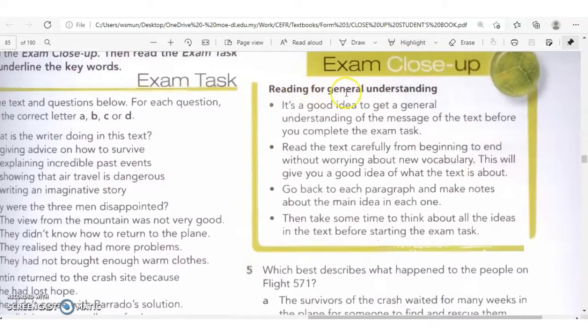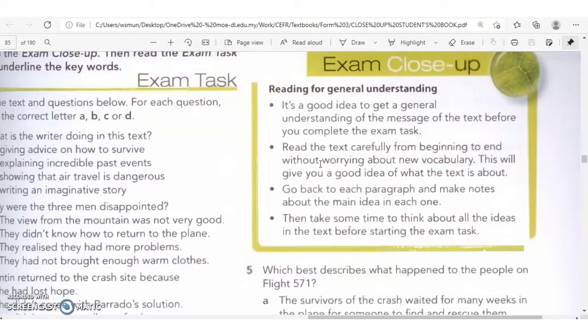Reading for general understanding. It's a good idea to get a general understanding of the message of the text before you complete the exam task. Read the text carefully from beginning to end without worrying about new vocabulary. This will give you a good idea of what the text is about. You know, one common mistake that most students will make is they tend to check for the meaning of each single word they don't understand in the text, and this will slow down the reading process, and you actually